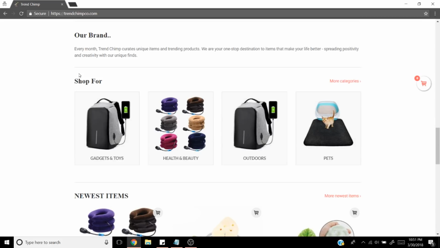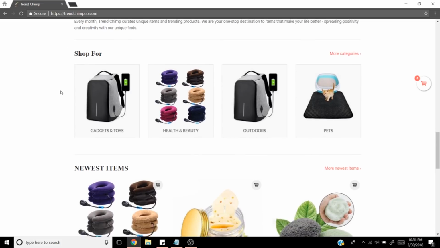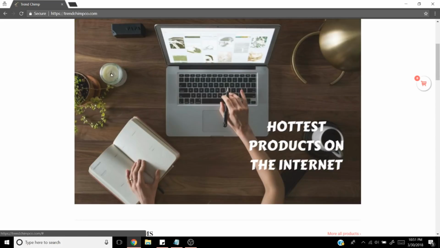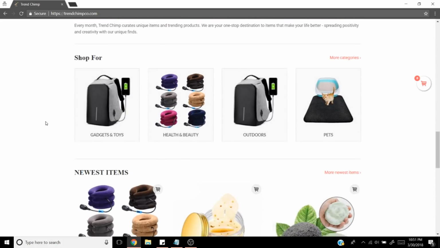Okay, so like I said, get rid of this our brand thing and put it in the About Us section. Nobody really wants to read this on the homepage. Shop for, I would probably put the categories, get rid of this, and then have this right here as the slideshow with the different categories. Just frees up some space.